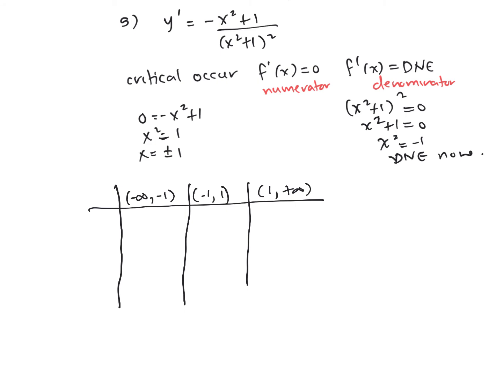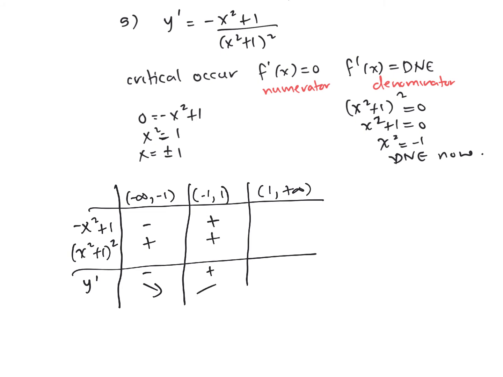And we'll put our factors down the side here. So we'll just pick some numbers. We get negative in the first interval. We get positive in the second interval. And then we get negative in the third interval. So it's increasing when it's less than -1, and then decreasing, then it increases between -1 and 1, and then